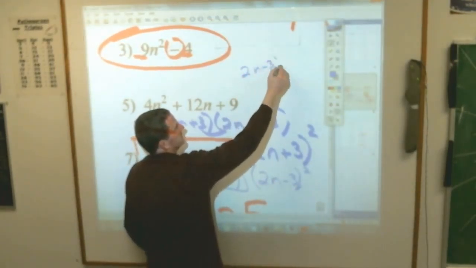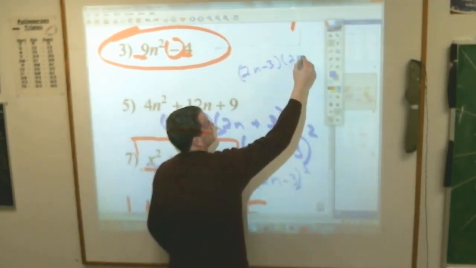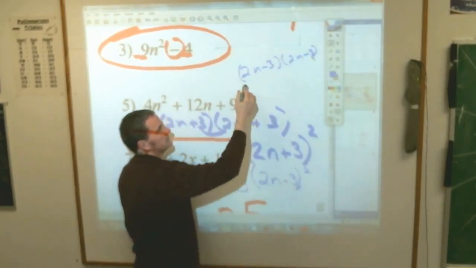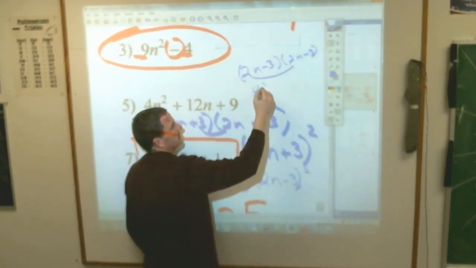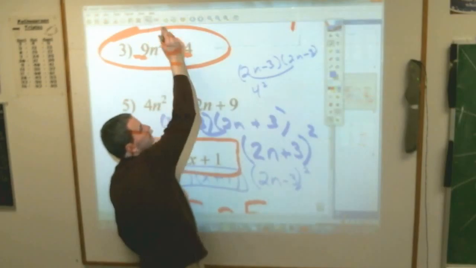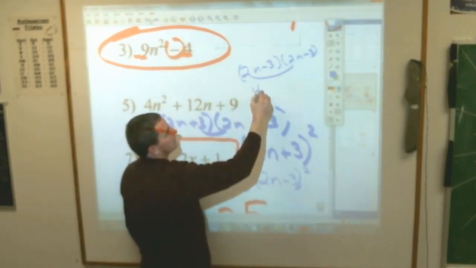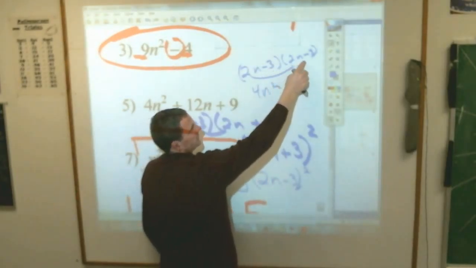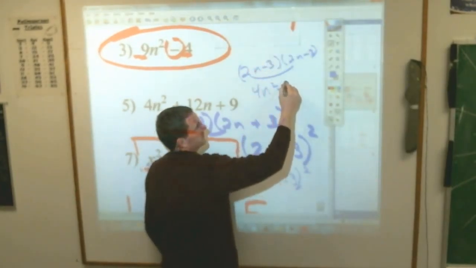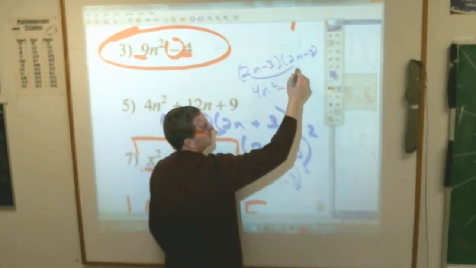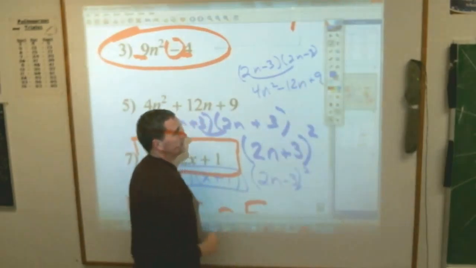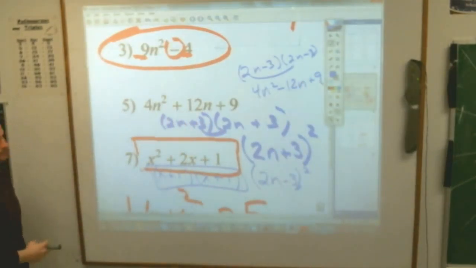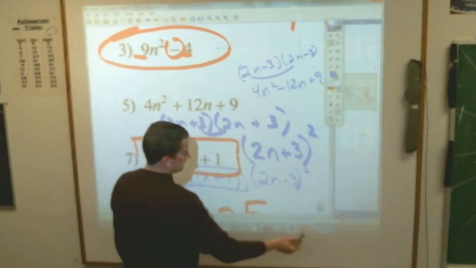2n minus 3 times 2n minus 3 is what? Well, 4n squared. What's my middle term going to be? 6n minus 6n, and a minus 6n is minus 12n, and negative 3 times negative 3 is plus 9. I think you'll find this exciting, don't you? This is